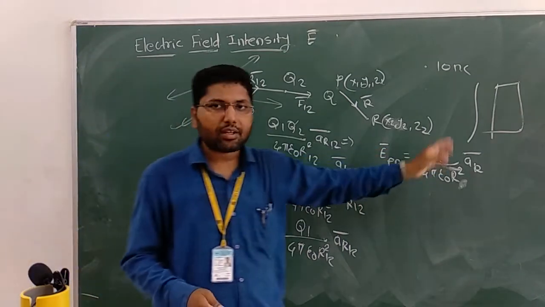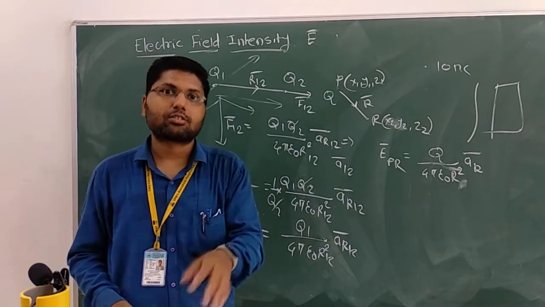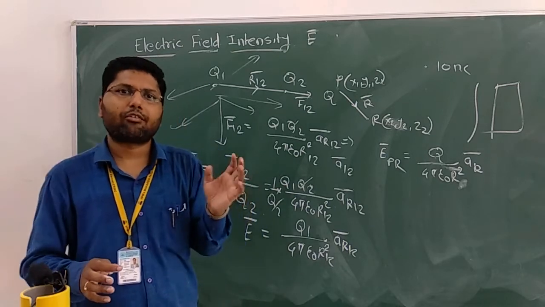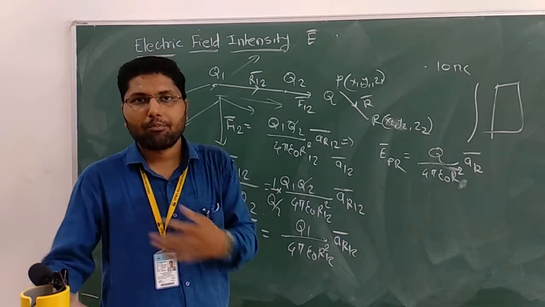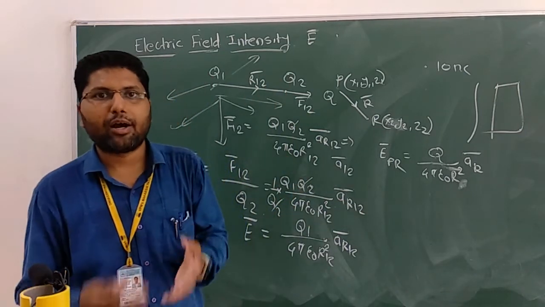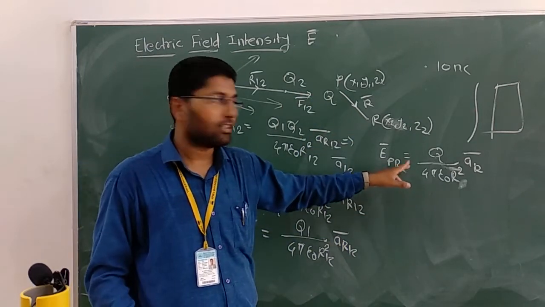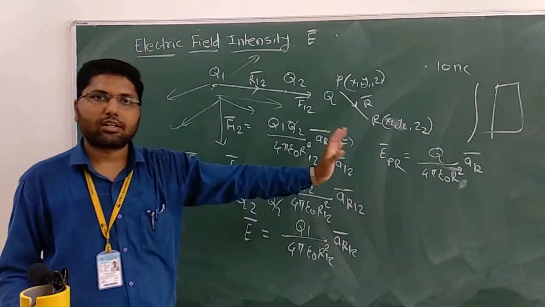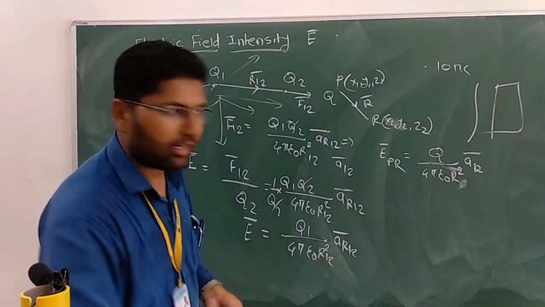And for that, for each and every line charge, surface charge, we have to do the derivation. And those derivations are very important from an exam point of view. In every exam there will be a question for 10 marks on that derivation. So definitely we will consider that derivation in the next part, in the next lecture maybe. But on this point also they might ask a 10 marks question, the problems they can ask. So this is the electric field intensity, Q divided by 4 pi epsilon 0 r square AR bar. That is the way to explain this electric field intensity. Now we will see the problem on the electric field intensity.